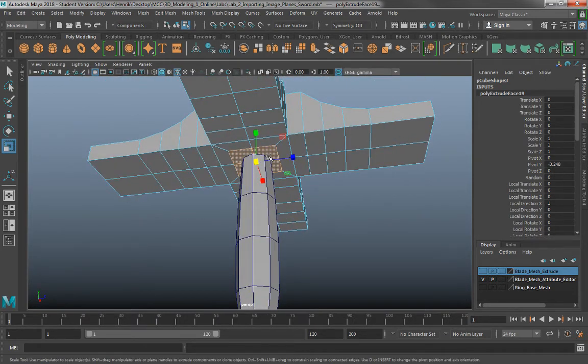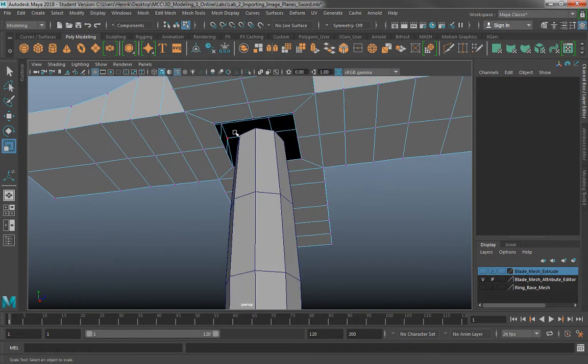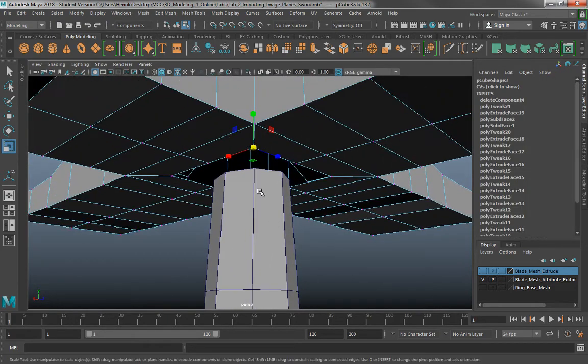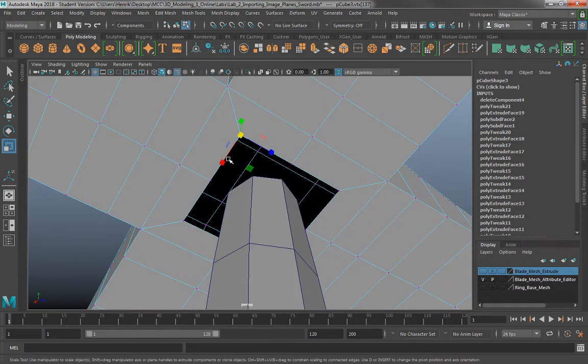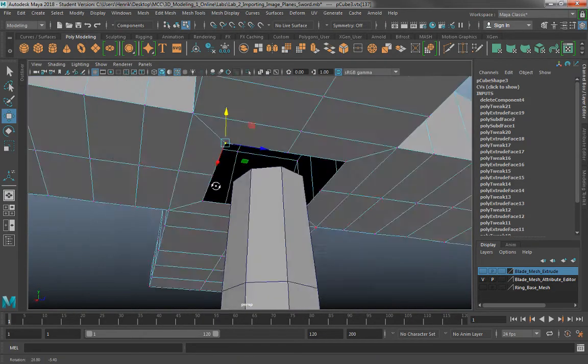extrude inward. Now with those current faces selected, just like the top of the handle and the bottom of the handle that we didn't need, we deleted. So from this point I can just go ahead and delete. Now, this particular section is a better spot to use our vertex snap as we just showed you. So I would actually say,